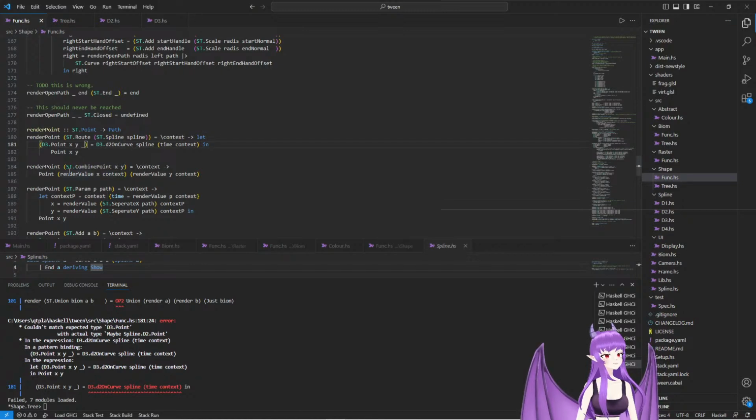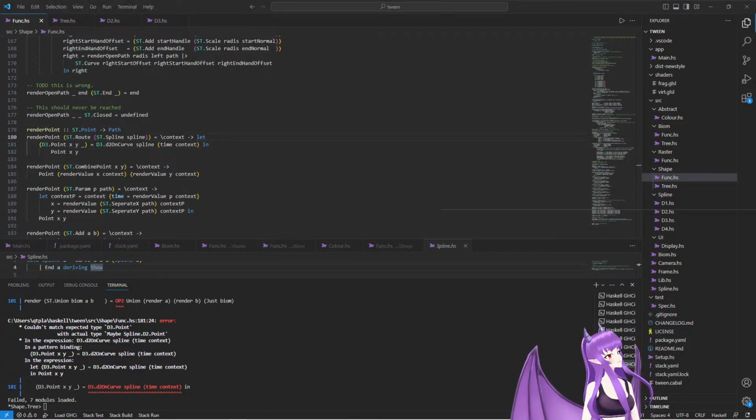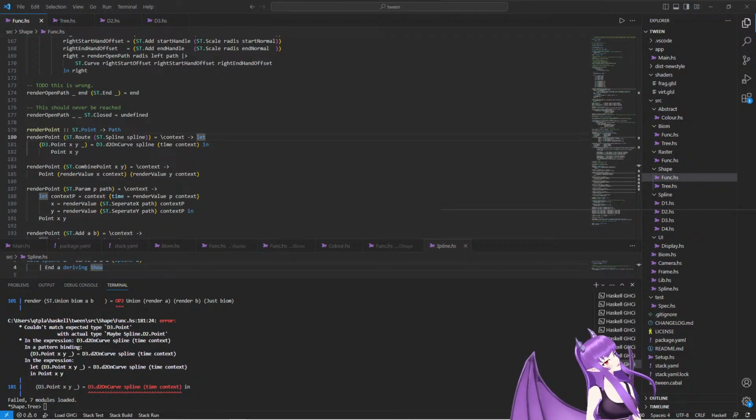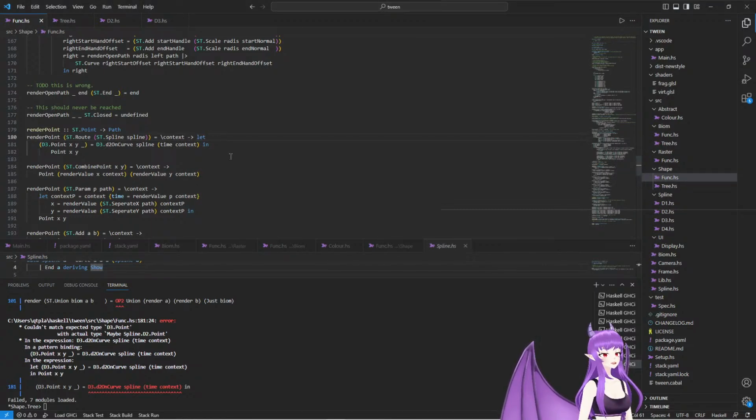Okay, so we shouldn't put a let here. This is actually a matter of a case statement. How do we do cases in Haskell again? Case statement, Haskell. It's the alternative. Case blah of blah. Yeah, that's right. So rather than saying let, I say